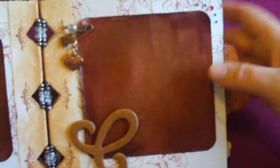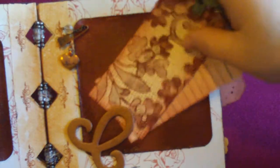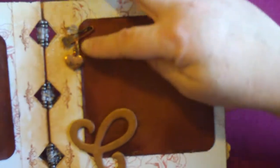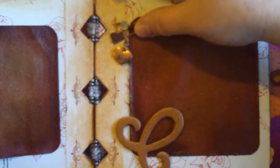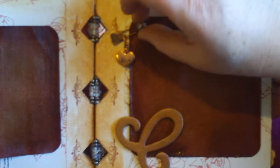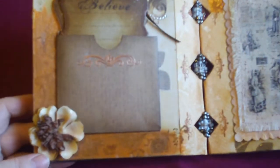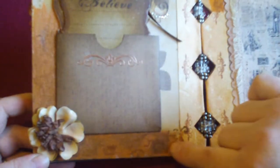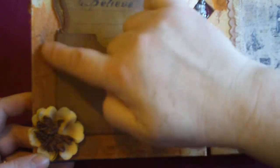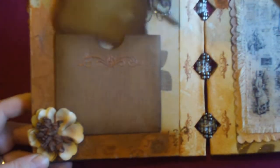On this page I just created a larger piece of matting. This is a basic gray flourish chipboard that I painted again with the crackle paints, and the picture can slide behind. There's several trinkets here that I bought. One says love. The trinket pin says friends, and then just a small glass antique bead that I had. On this page I put a Prima flower. I painted into the edging with the crackle paint, I think antique copper, and then I made these